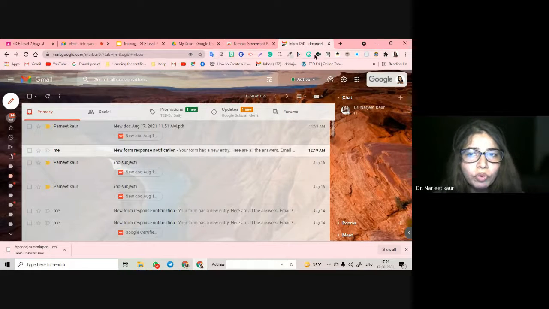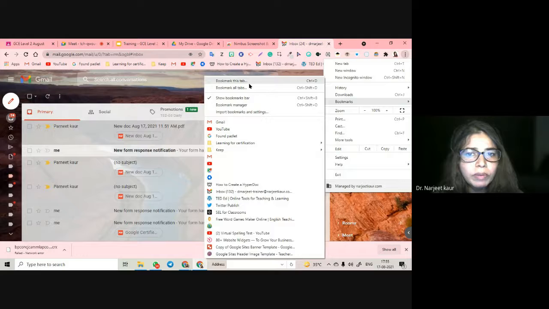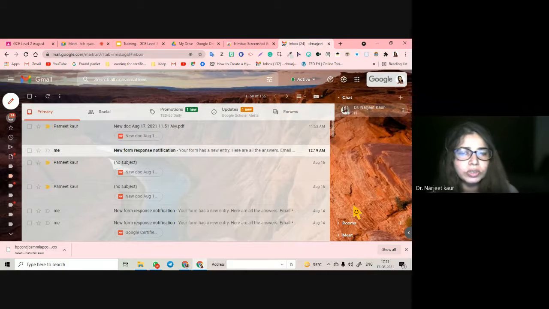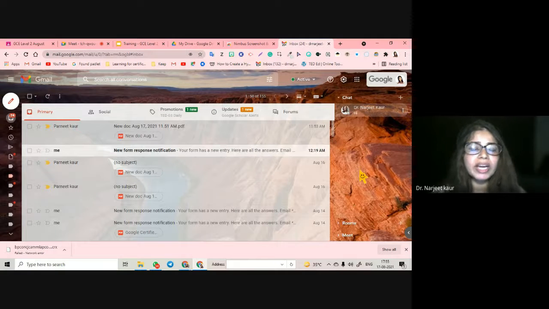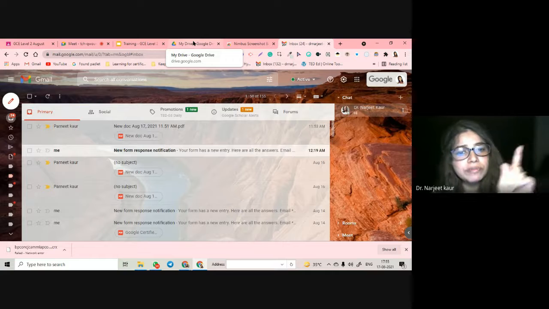You have already done bookmarks and everything. This is from where you see the bookmark bar, bookmarks and all the bookmarks. You want to bookmark this tab and all. This we have already done. This is nothing more, this is going to be covered in Chrome for level 2. So this is all that you are going to get in MCQs of Drive. Or scenario again from Drive is not tested in level 2. No scenario is tested, only MCQ is tested.